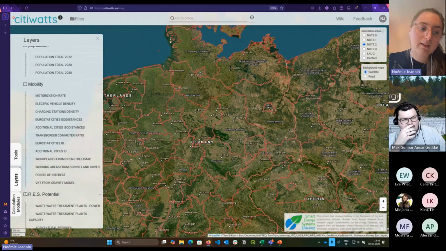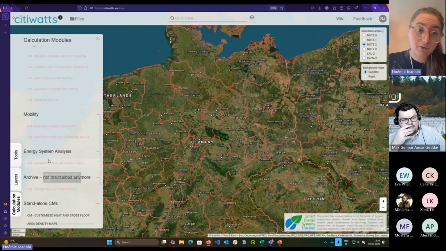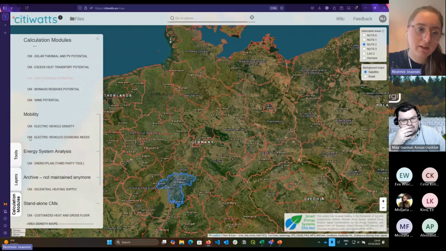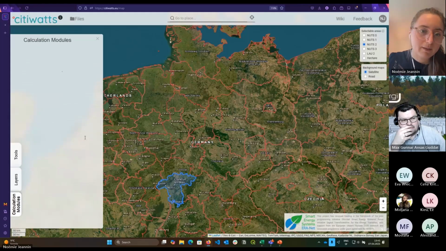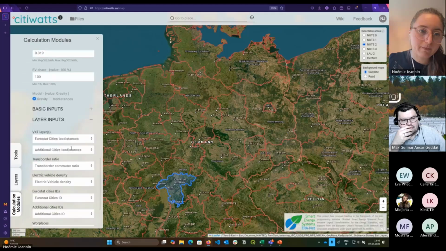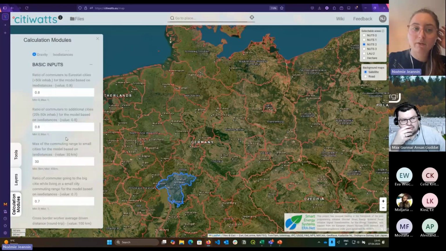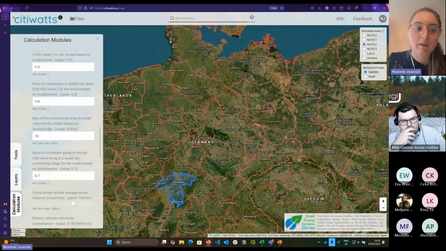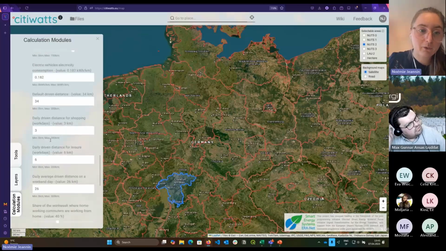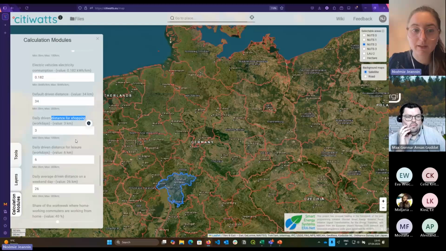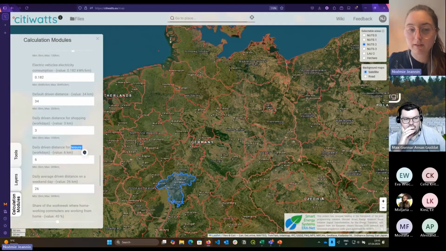And then inside of the calculation module, on the top of the estimation of the driven distance by the model, you can choose additional distance for shopping and for hobbies, because the scientific models that we use are